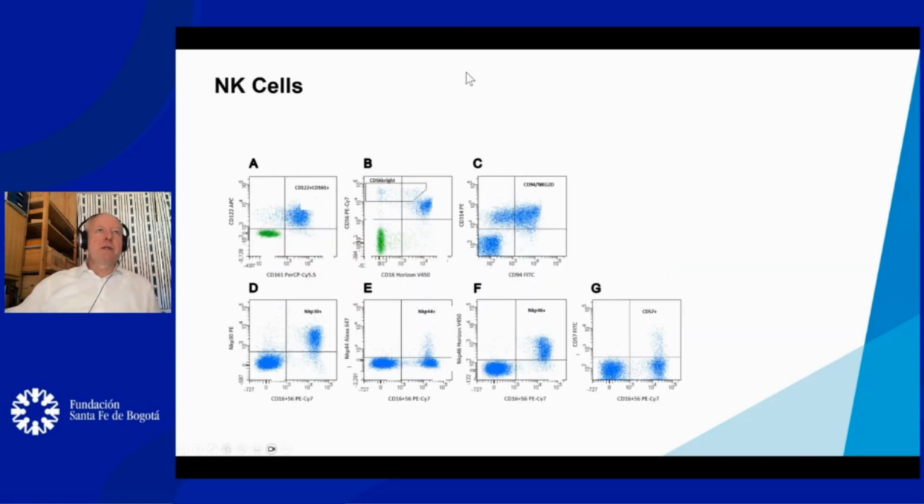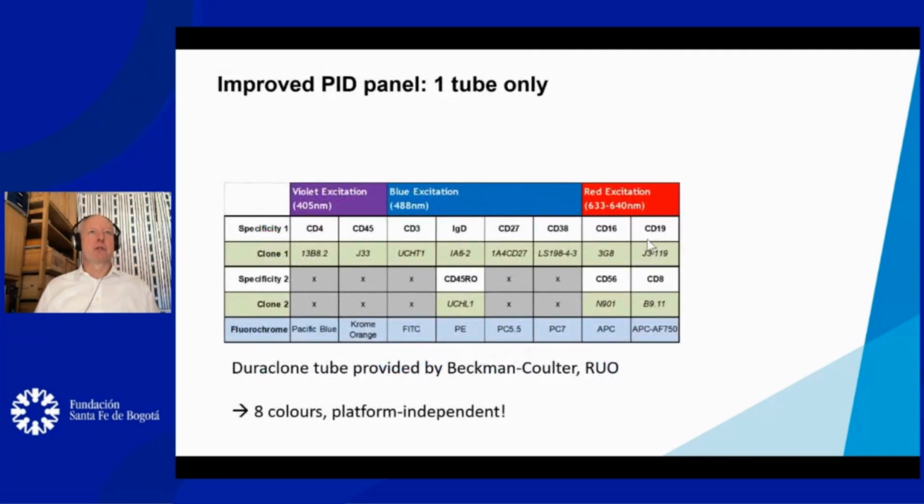The NK cells can be differentiated into CD56 bright cells and low cells. We have some functional markers, for instance, CD57 as a maturation and exhaustion marker. The majority of these markers do not yet have an important function in diagnosing immunodeficiencies. As you have seen, all of these tubes require a lot of additional work, and what we thought about